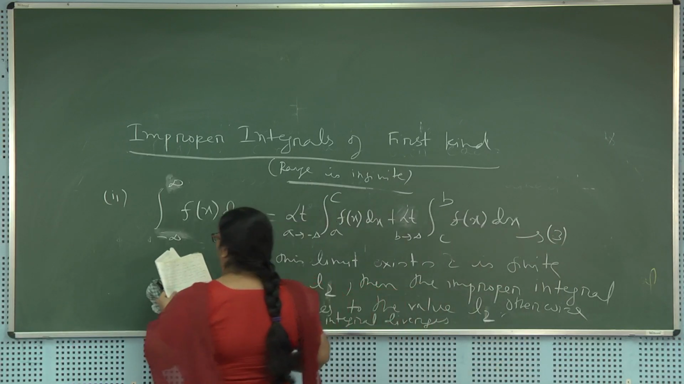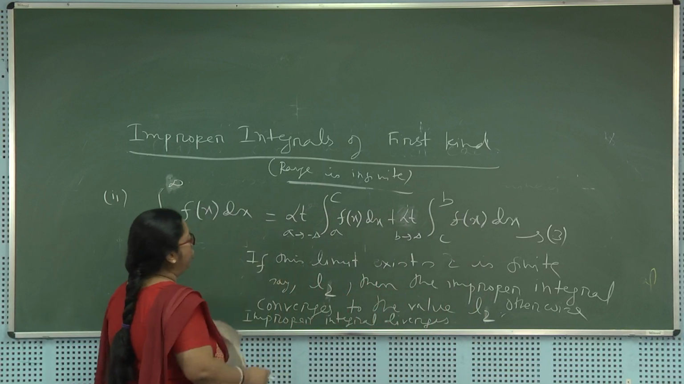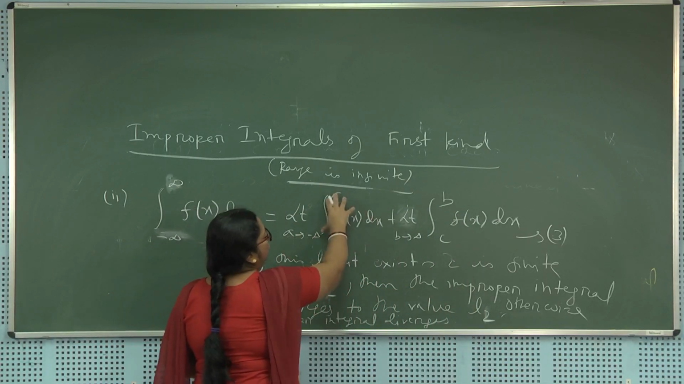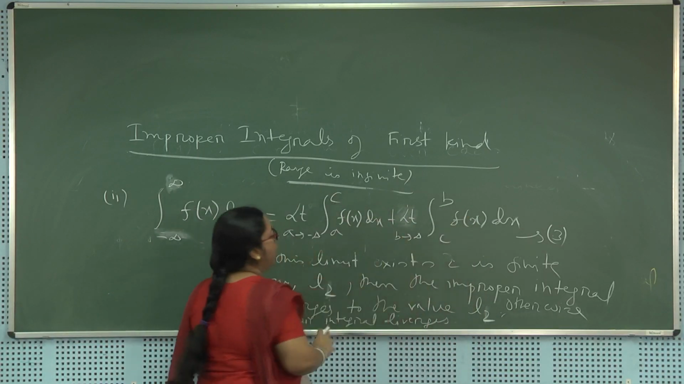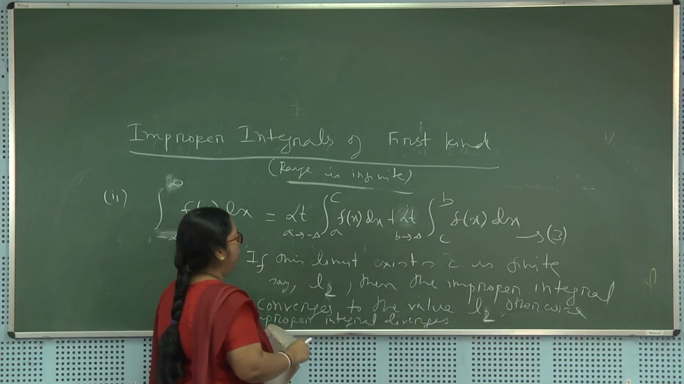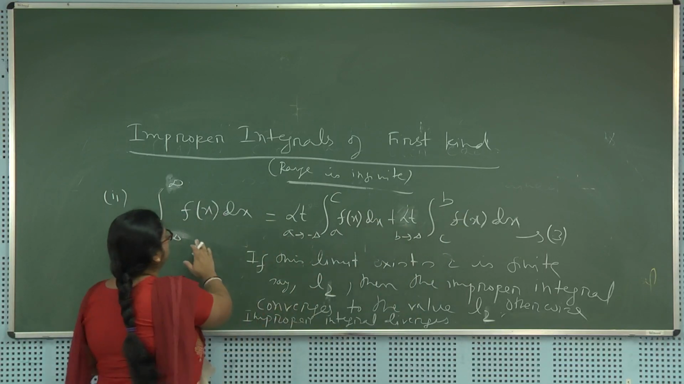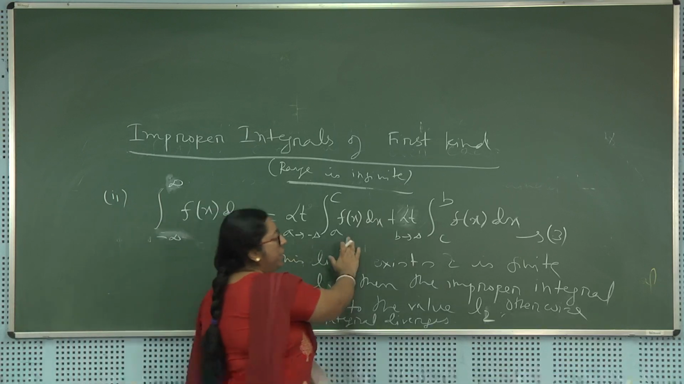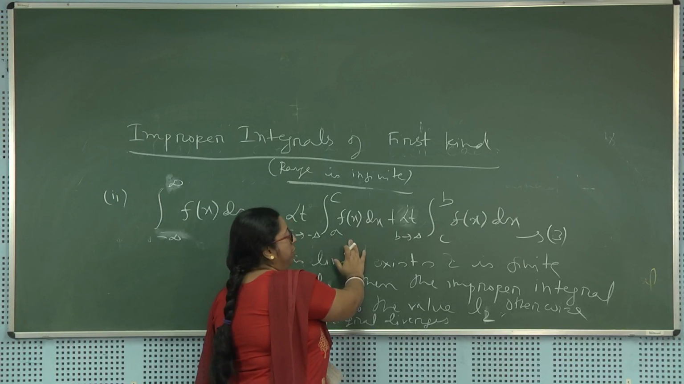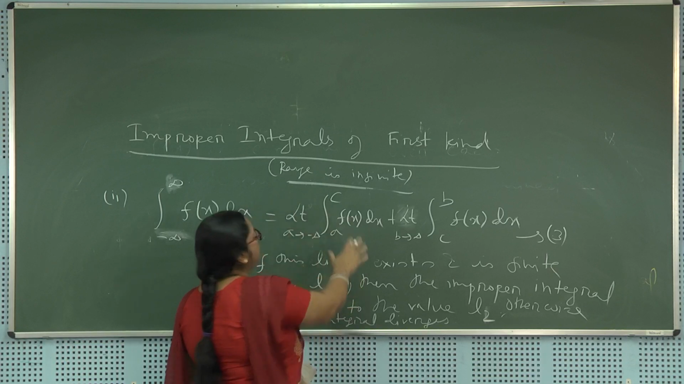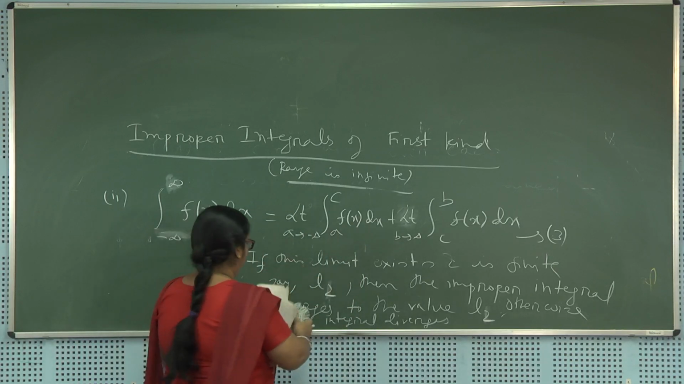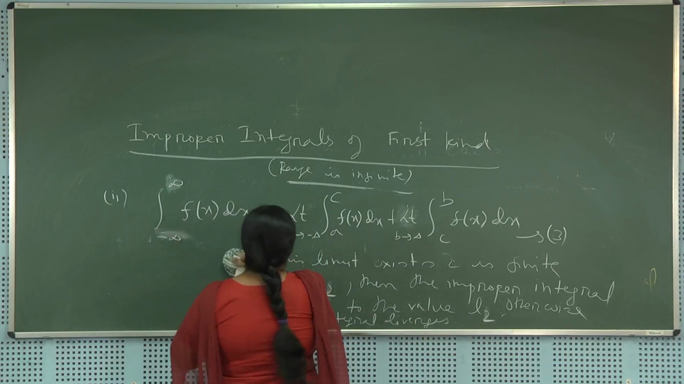So, now we have got two integrals to consider. First of all, we will find the limits because both of them are proper integrals, and then you take the limit. If both the limits exist, then only we say this integral converges. If one of the limits is not convergent, then we say the entire integral will diverge. So, we will write, where, what is c? c is any point